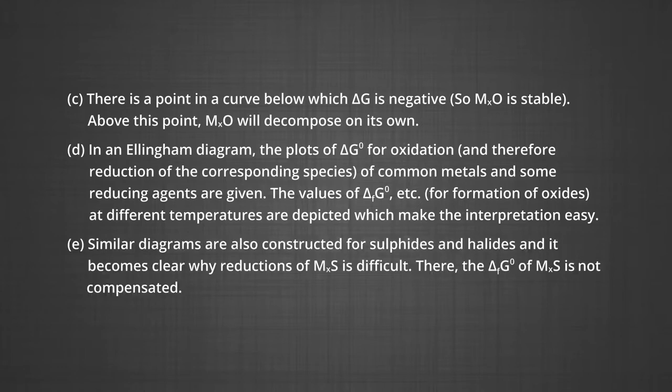Similar diagrams are also constructed for sulfides and halides, and it becomes clear why reduction of metal sulfide is difficult. There, the delta G naught of formation of metal sulfide is not compensated. The reducing agent gets oxidized to its oxide, and in turn the metal oxide is reduced. The role of the reducing agent is to provide a delta G naught negative and large enough to make the sum